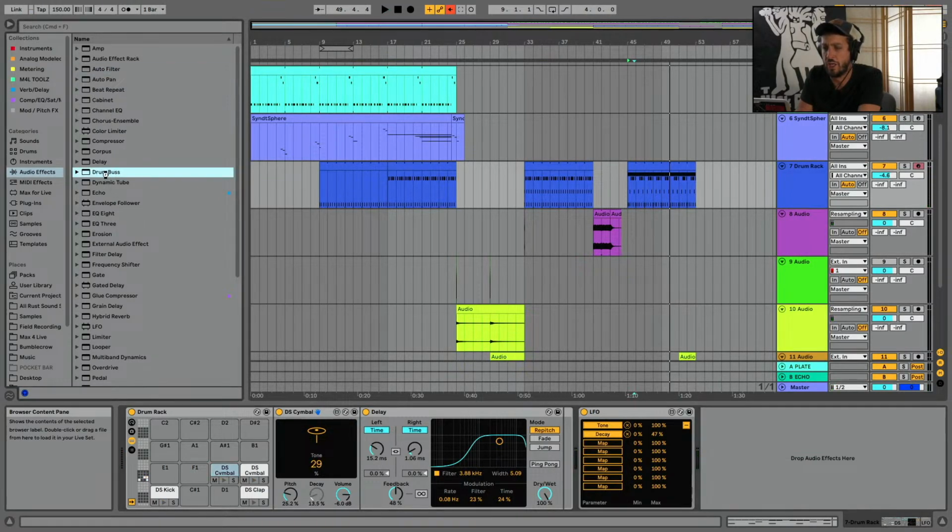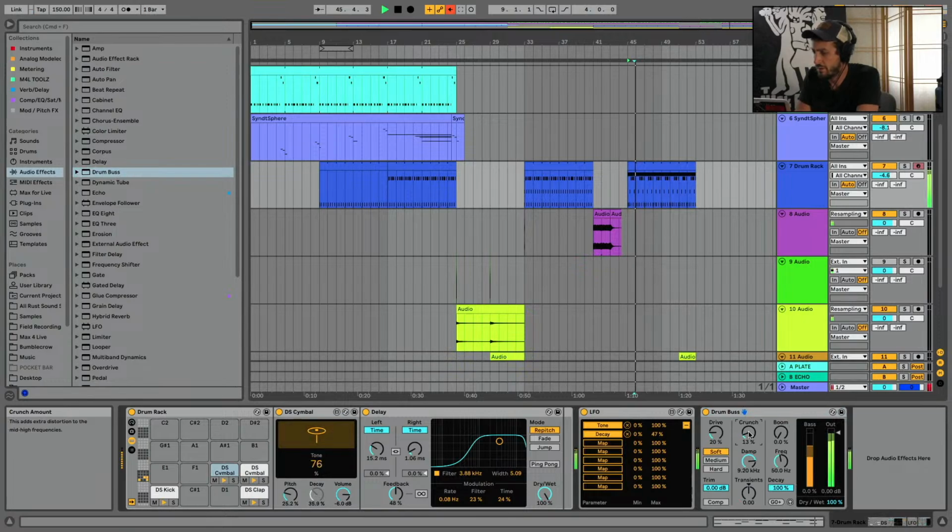Drum bus! Tune this thing to F, because that's the note.